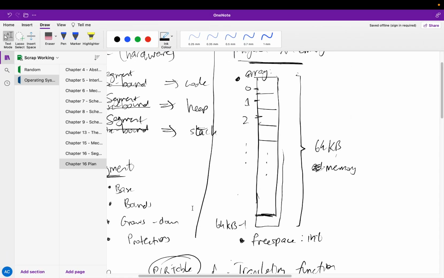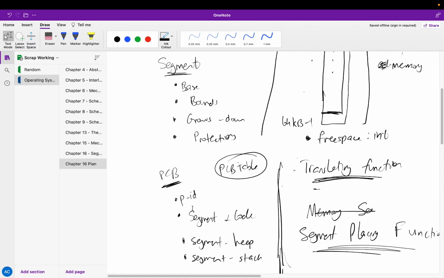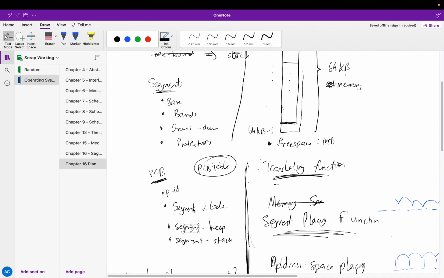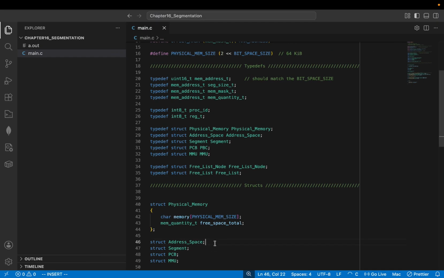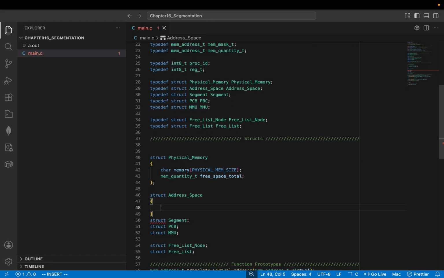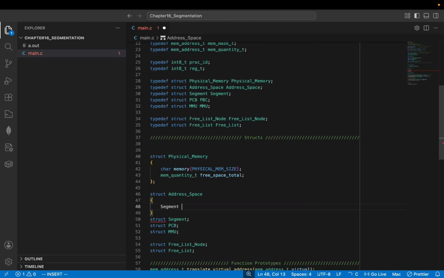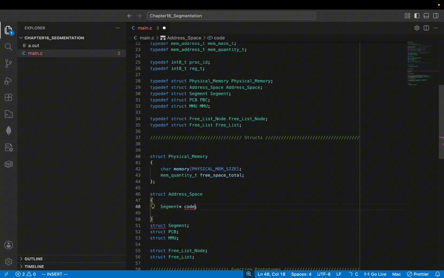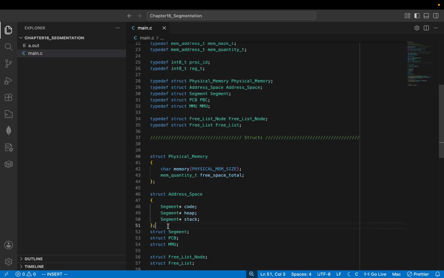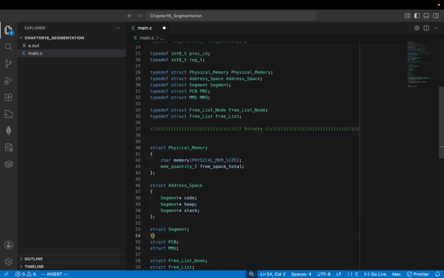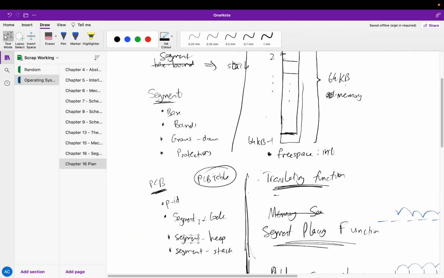Anyway, address space. I didn't really write that down, but I think I need one. An address space will have a segment for the code, maybe pointer. What's wrong with that? Oh, sorry. Segment for the heap and a segment for the stack. How fun. And then a segment in turn